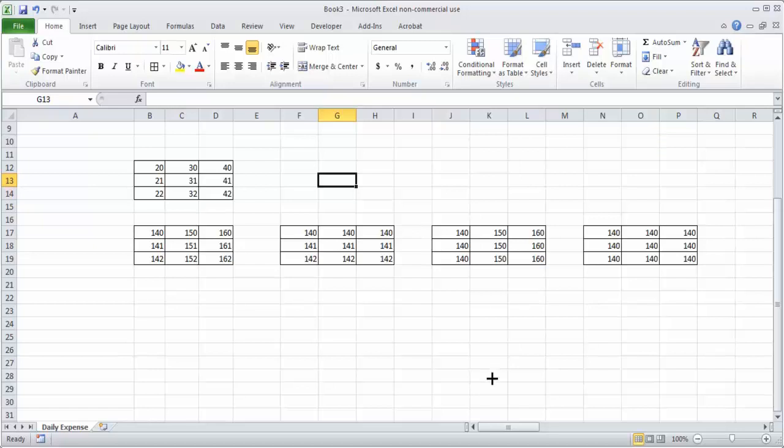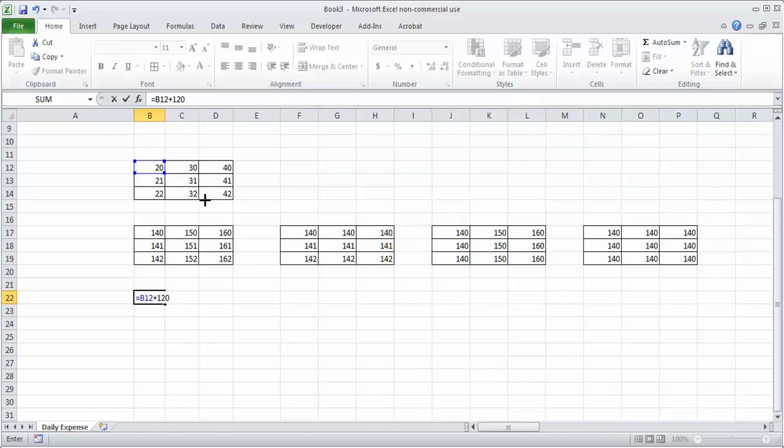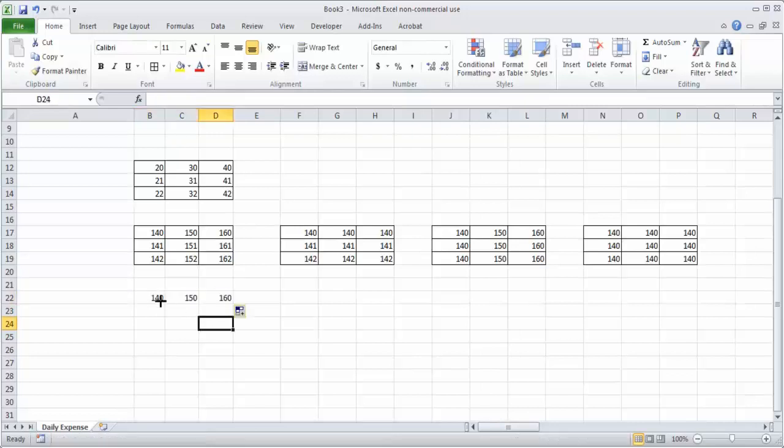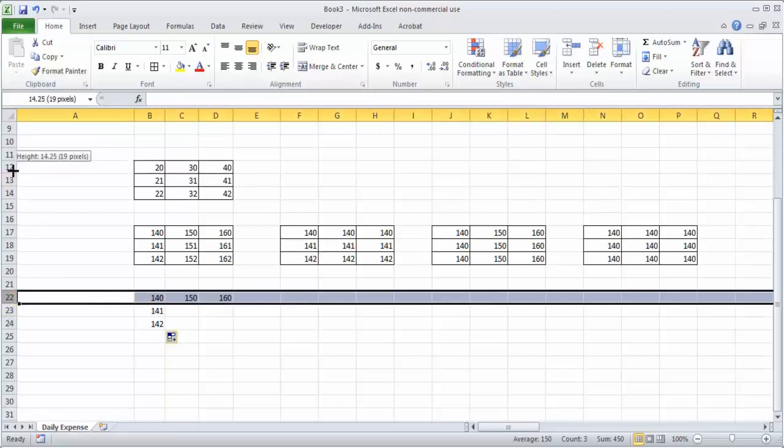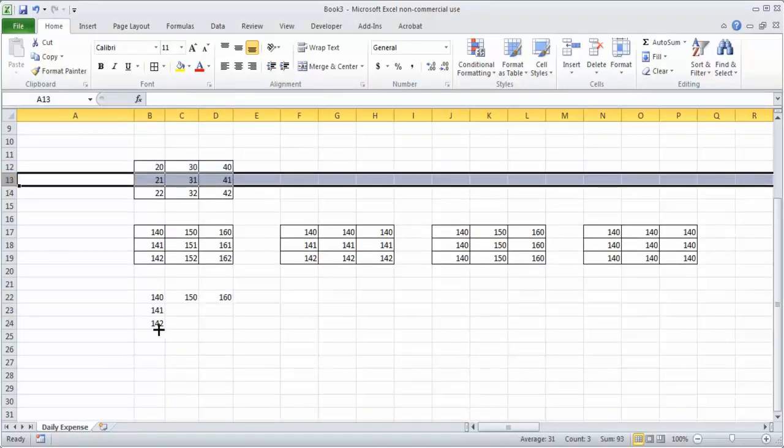Let's say on this I add 120, so I got 140. If I drag it here, what I have over here is B12, C12, and this is your D12. So this is dragged across. The columns have changed, the row has remained the same, 12. Now if I drag this down, over here is B12, this is B13. So the column remains the same, B, but the rows have changed from 12 to 13, and then from 13 to 14.